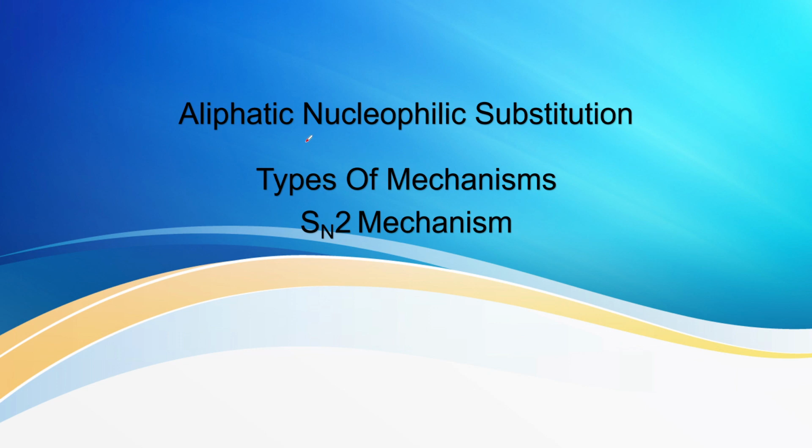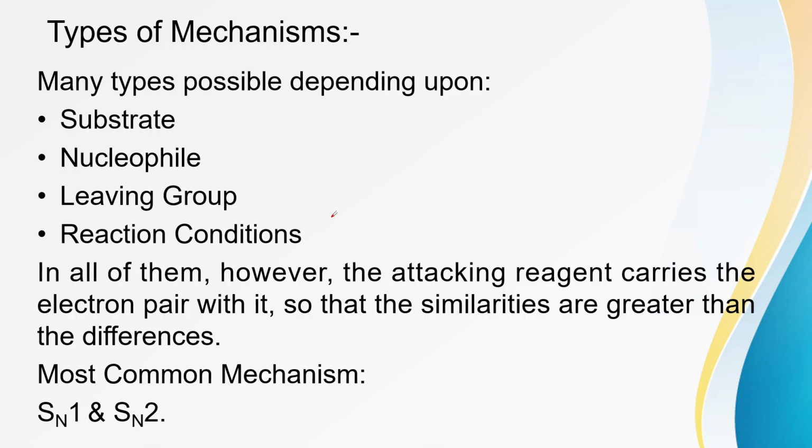In today's lecture, we are going to discuss types of mechanism, what are the different types of aliphatic nucleophilic substitution reaction, and then we discuss SN2 mechanism in detail. And we in detail discuss its evidences such as kinetic and stereochemical evidences, and in detail we discuss Walden inversion. So let's start. Many types of aliphatic nucleophilic substitution reaction are possible depending upon what type of substrate you use